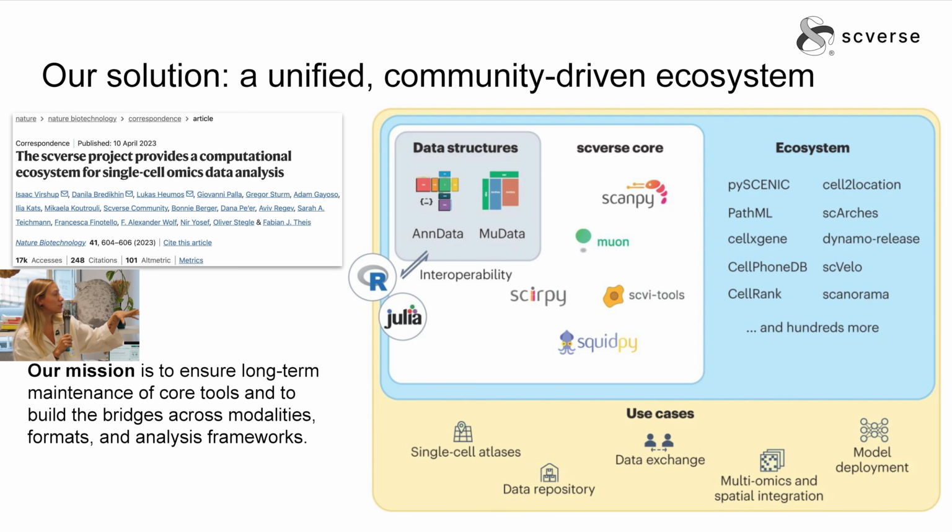The difference with the ecosystem is that these two layers we maintain and we develop ourselves. The second part, the ecosystem, is all the tools that comply with our code of conduct. They have some very specific minimal requirements to take advantage of our data structures, basically, and be in the space of single cells. But they are maintained by the developers. We only work with them just to make sure that the tools are easily maintained.